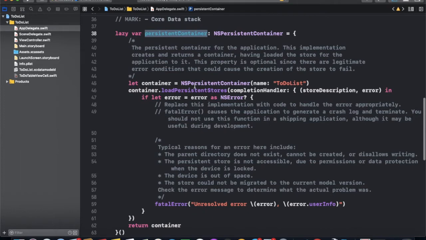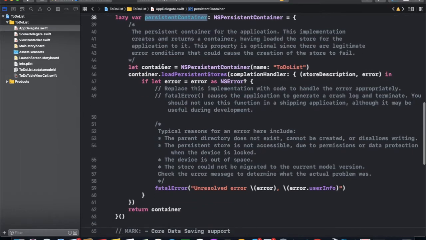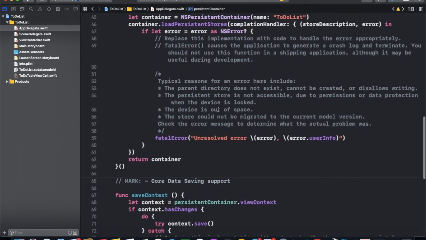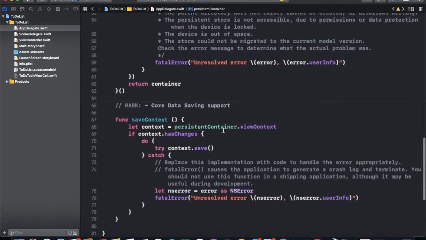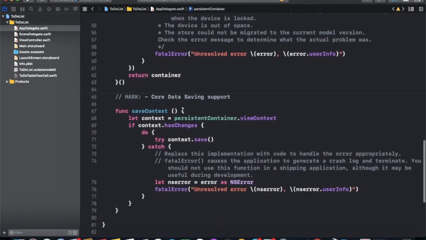So it basically loads the container, and if there is an issue, it will give an error. Same context basically has a context and it checks if there is a change, then it will be saved.